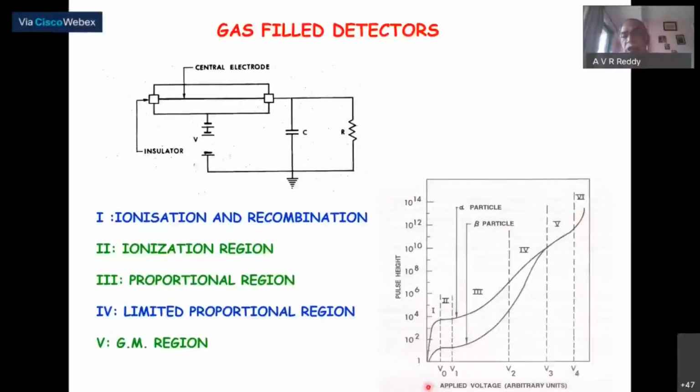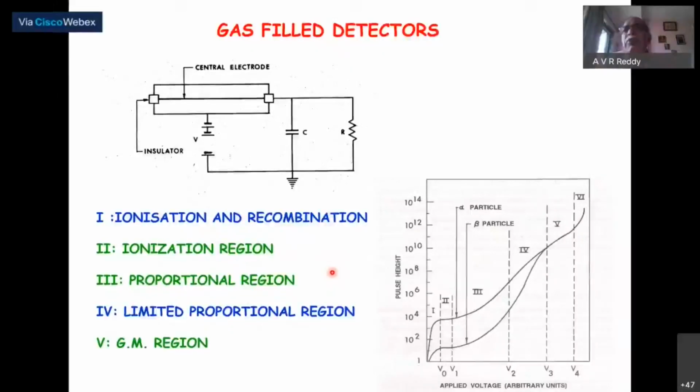Now we should understand how many ion pairs can be produced initially. If the binding energy of the electron is about, let's say, 10 to 12 eV, on an average 25 to 30 eV is required to produce one effective ion pair. That is against the recombination. By just increasing the voltage, we cannot stop the recombination. Also, there are many non-radiative processes where we lose energy. So on an average, 2.5 to 3 times that energy is required to produce one ion pair.